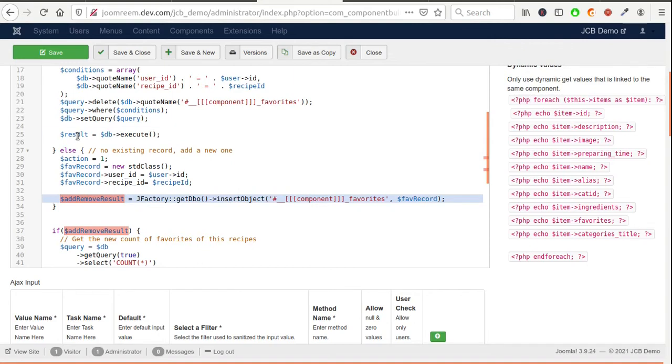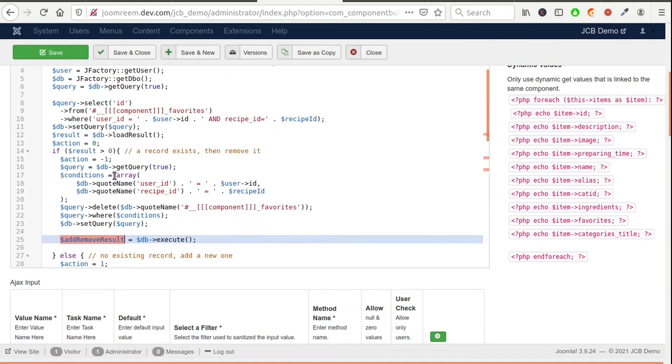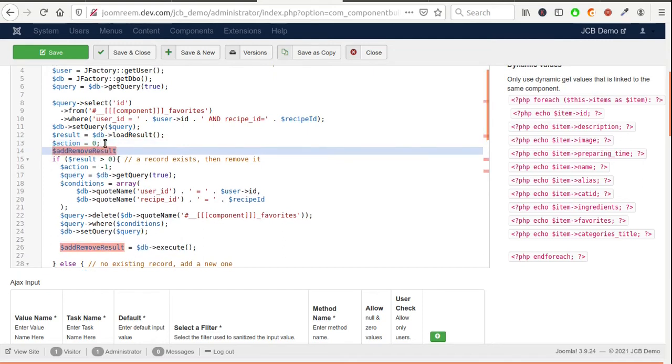I just need to use another variable to check whether the add or remove operation is executed without problems.